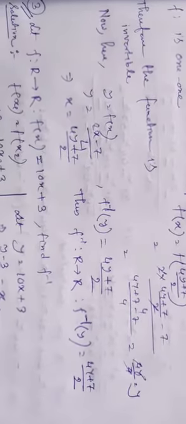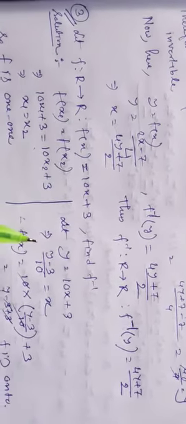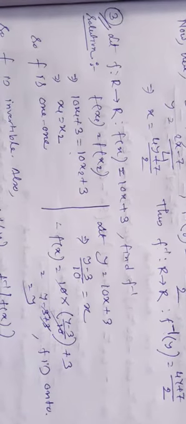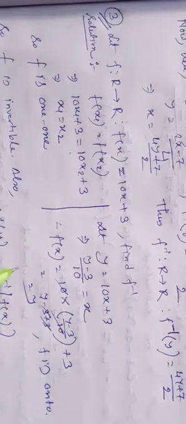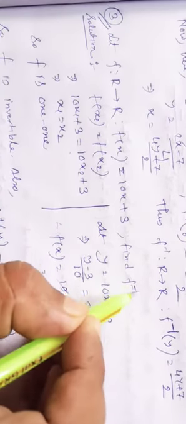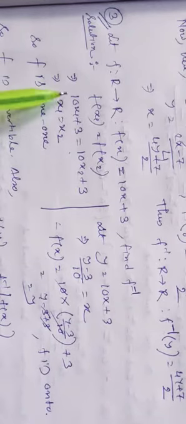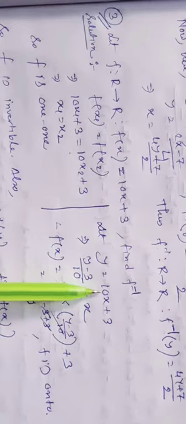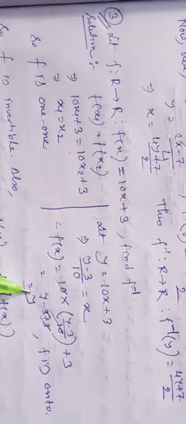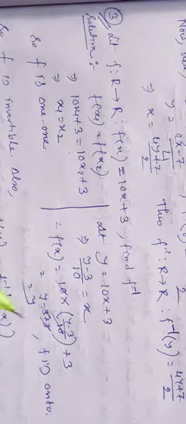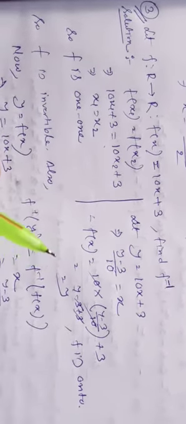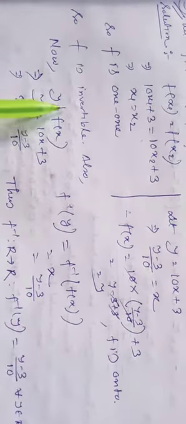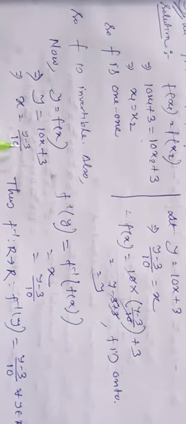Now come to the third problem. The third problem is again a similar one, where we have to show that f is 1-1 and find the f inverse. Similarly, we take x1 and x, so f is 1-1, and y equal to this. We have to compute the value of x. Now put this value of x here. This is y, so f is onto. Now to show that f is invertible also, we take y = f(x), that is x = (y - 3)/10.